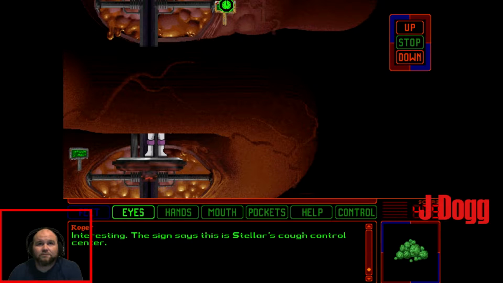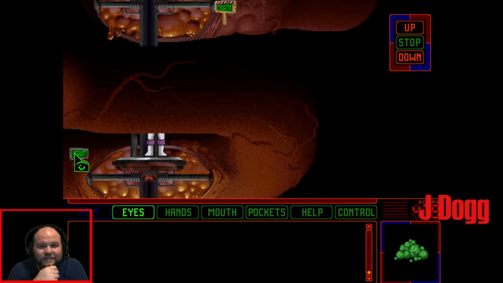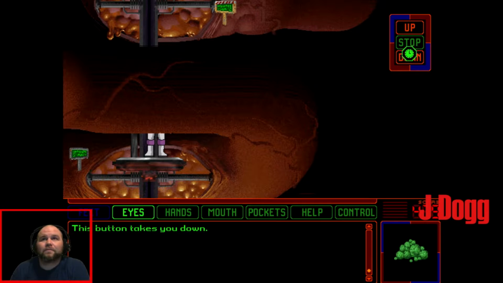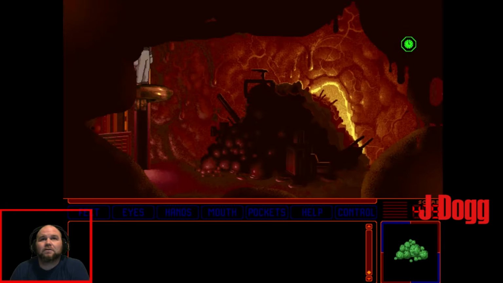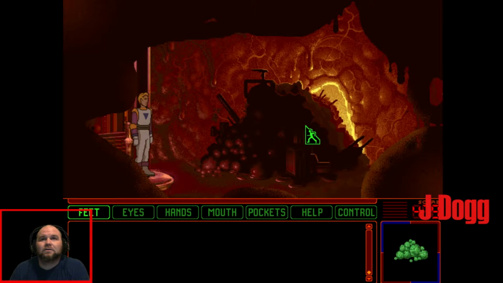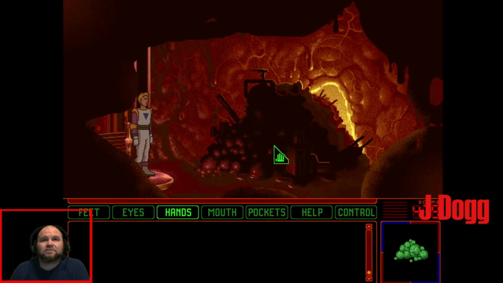What do we got here? Interesting. The sign says this is Stellar's cough control center. Oh, this is her choice of men center. It looks a little odd. I wonder why. Maybe because we're a bit odd there, Roger. This button takes... A huge pile of debris is standing in front of what appears to be some sort of passage. Light pours through the opening. So how are we going to get through this? Your effort to move it...